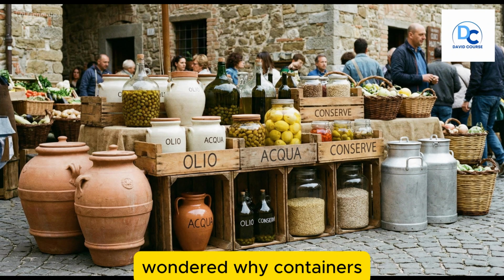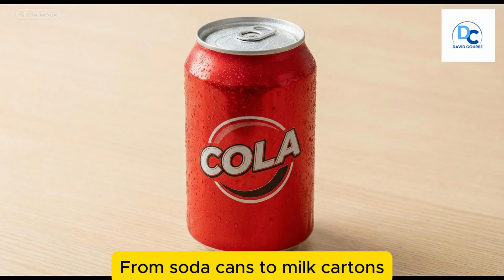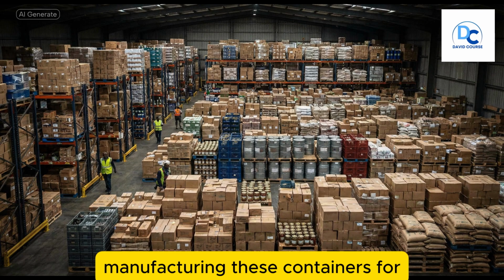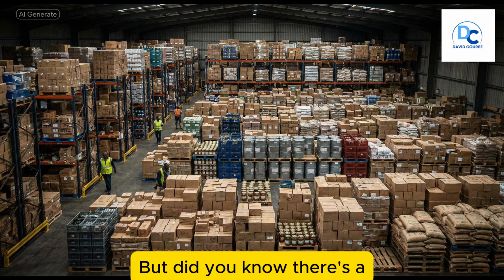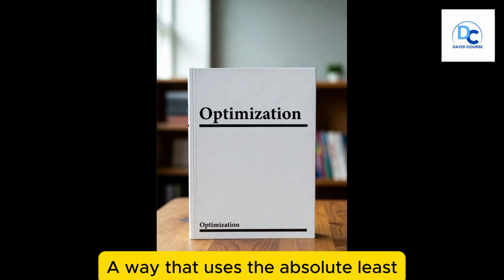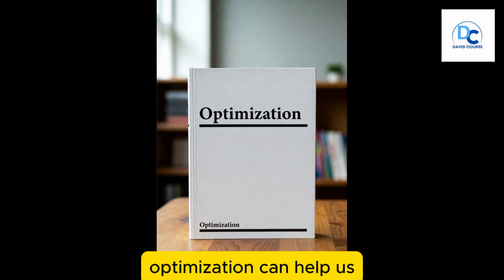Have you ever wondered why containers for food, oil, or water look the way they do? From soda cans to milk cartons, companies are constantly manufacturing these containers for countless products. But did you know there's a mathematically perfect way to design them? A way that uses the absolute least amount of material? Today we're going to explore how a cool math concept called optimization can help us find the most economical design